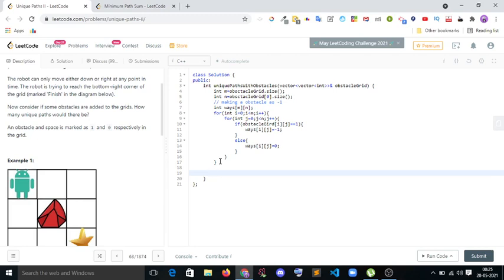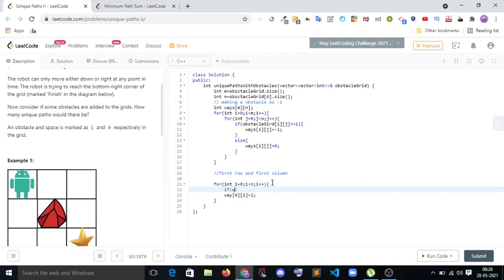I have to make a base case. Base case is the first row and first column. So first, let's consider the first row. For int i equal to 0, i less than n, i plus plus. So ways of 0 comma i is equal to 1, but if you find some obstacle, then after the obstacle all values will be 0.